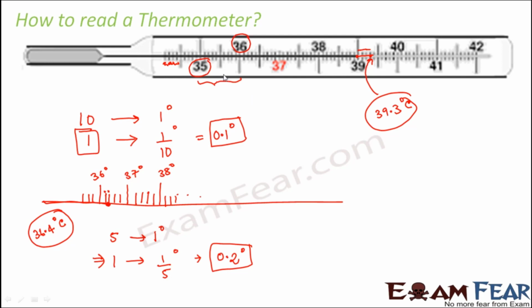And they have long lines to indicate either 1 degree or 0.5 degree. Now in this case, the long lines are present to indicate not 1 degree. On 1 degree it is written, but you have long lines at an interval of 0.5 degree, correct? So this is 37, again you have a long line at 37.5, again a long line at 38, again a long line at 38.5. So you have long lines at intervals of 0.5 degrees. So this is how we read a thermometer.